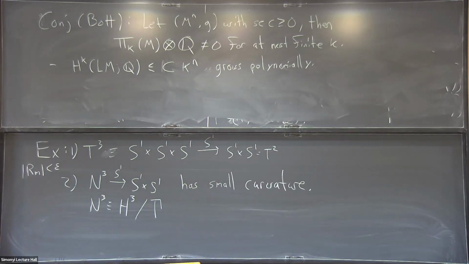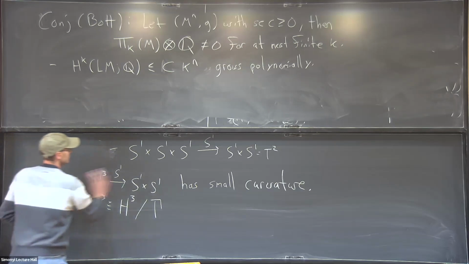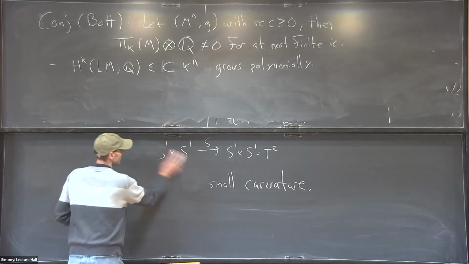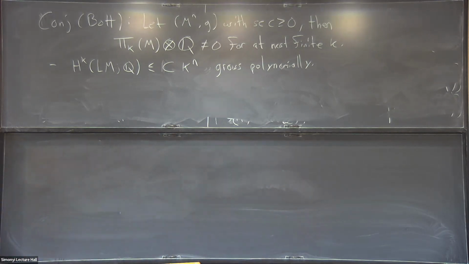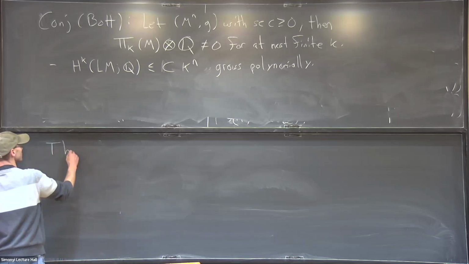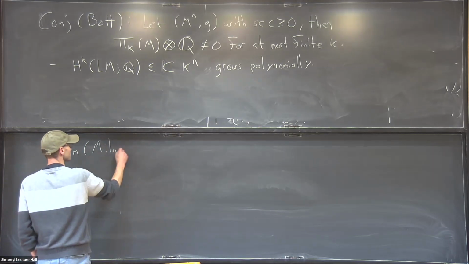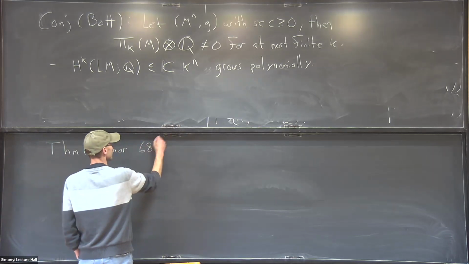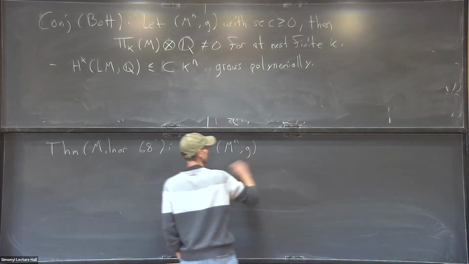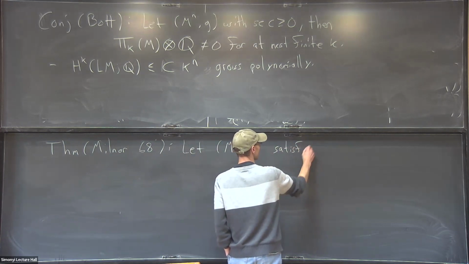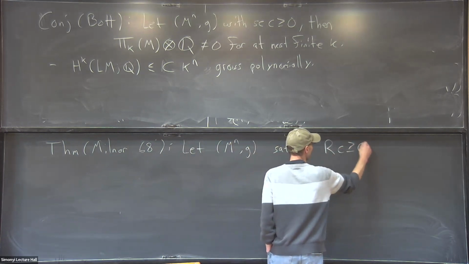Okay, so returning to nilpotency. If we're talking about manifolds and we're talking about curvature bounds, then once we've dropped the two-sided curvature bound, which gave us complete topological understanding of our space, we can still understand the fundamental group in the context of lower curvature bounds. So the first theorem along these lines was actually due to Milnor back in '68. What he proved was that for a complete space, non-negative Ricci curvature is all he actually required,